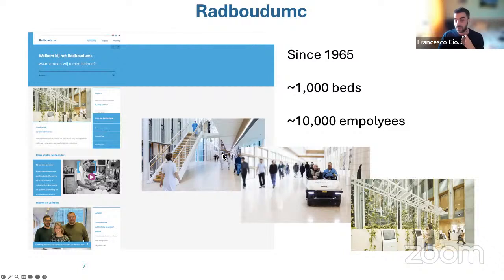It's an academic center, so you have, of course, patient care, but you also have a lot of research happening. And I put this picture because my kids always find it very funny that it is so big that you actually need cars inside the hospital to carry patients from the main entrance to other departments. So they say, "Yeah, Dad, you work in a place, you have cars inside it." So they find it funny.